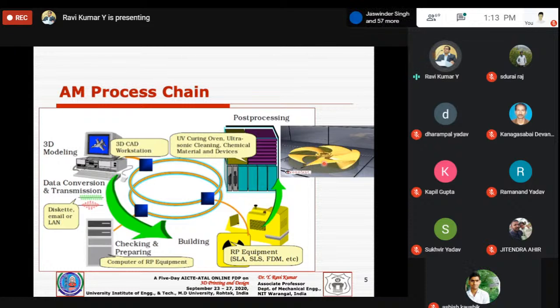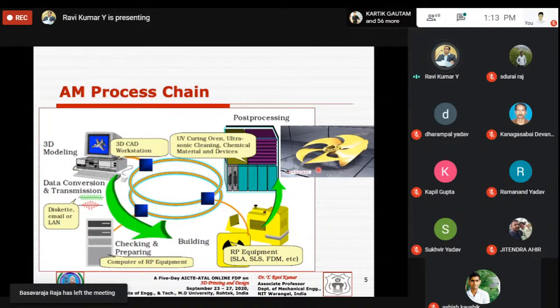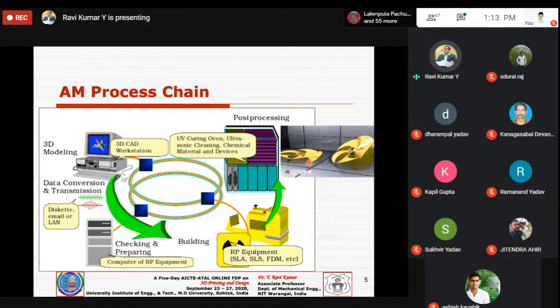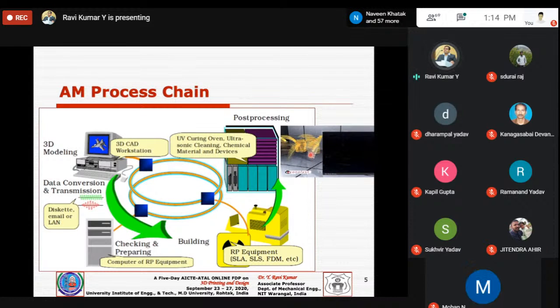Say you have an overhang portion here, so we need to give some support here, right? Then the support will vary if you change the build orientation from the previous 0 degree orientation to something like 45 degrees. You change the orientation, and you can see the amount of support material that is going to be consumed is different, and the surface finish we are going to get with this orientation and with that orientation is totally different. You have to work on those kinds of parameters, and once you are satisfied, you slice the data in terms of layers, and those layers will be